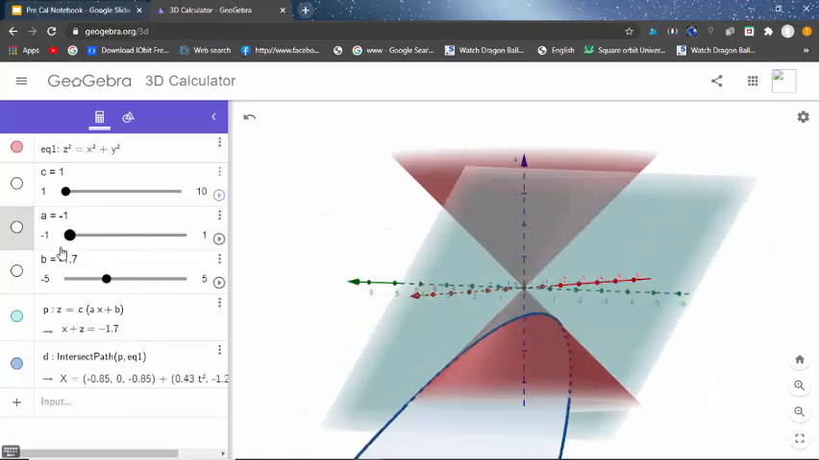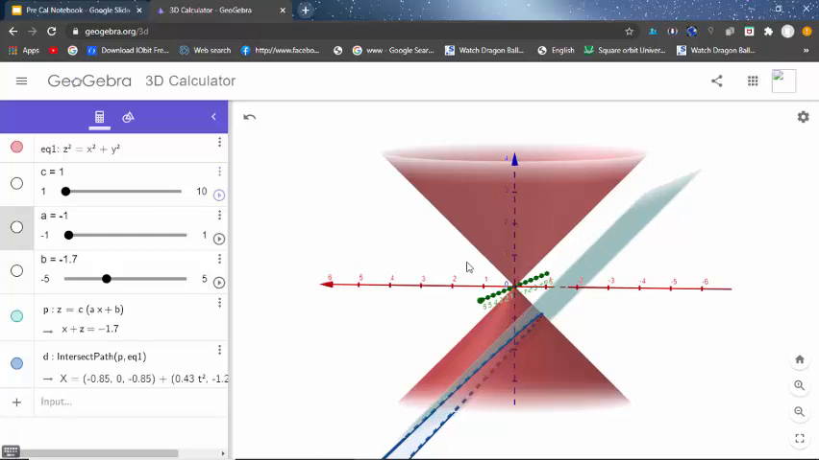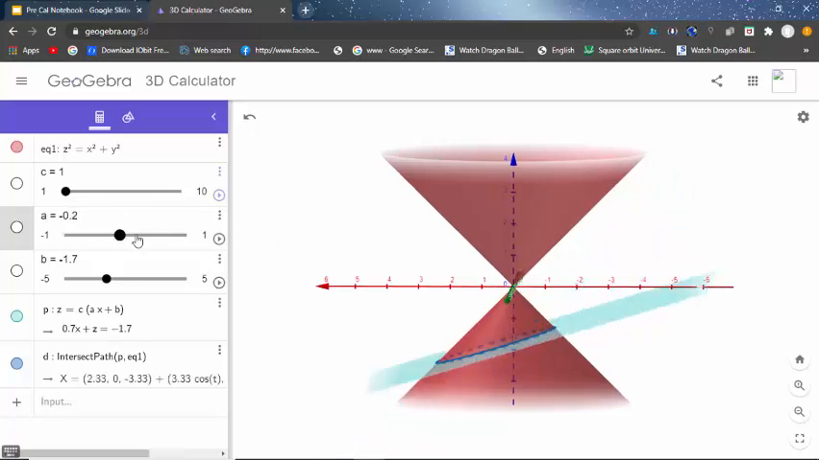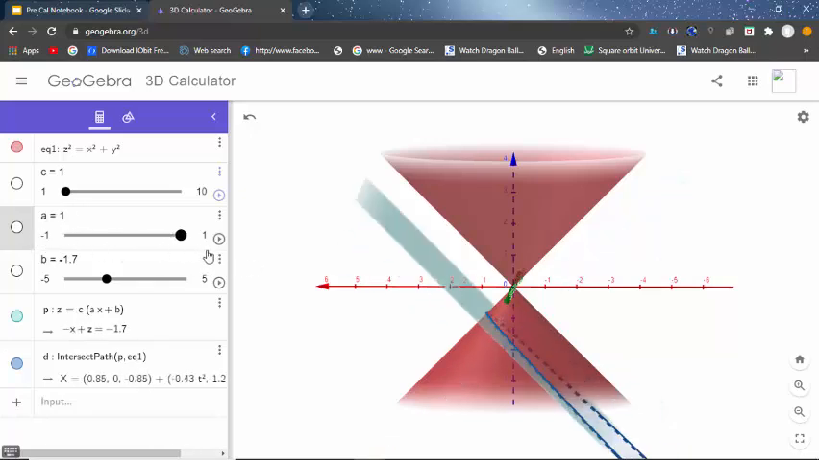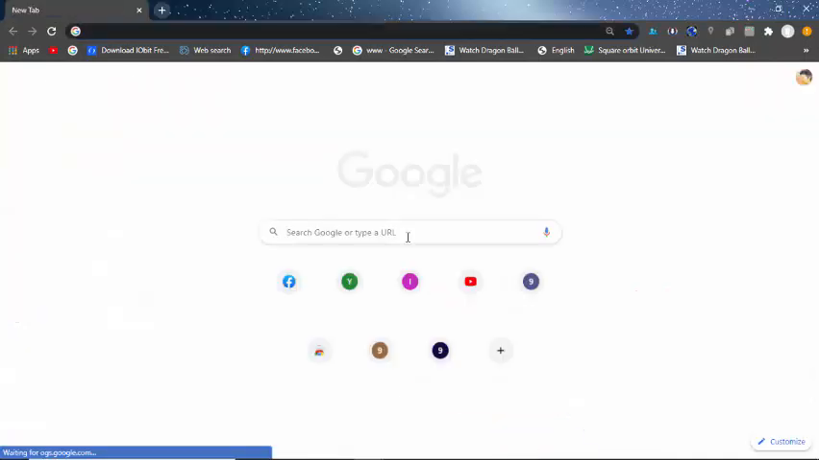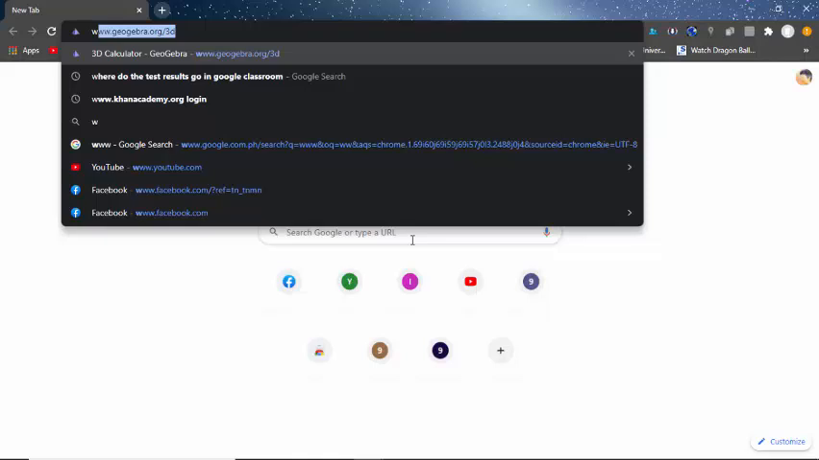between parallel to this cone, from the left or the right, and this will increase its angle. Okay, so this is how we can do that. This is an application which is free online. So all you need to do is just go into this